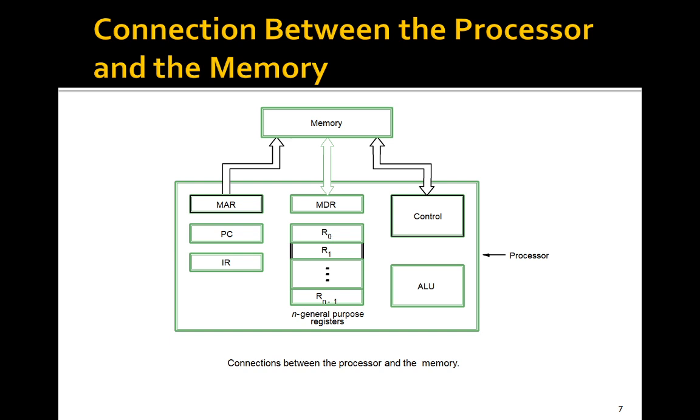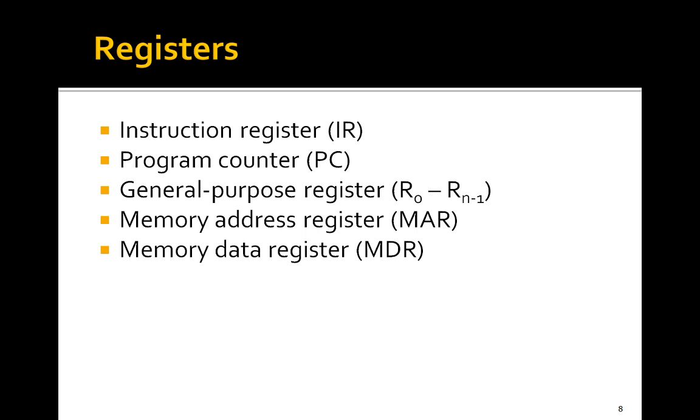Transfer to memory is nothing but writing the data into memory. From the memory, you're just reading the data from the memory. You can see in this figure how the memory and processor can be connected. In addition to the ALU and the control circuitry, the processor also contains a number of registers that are going to be used for several different purposes. Let us see these registers one by one.